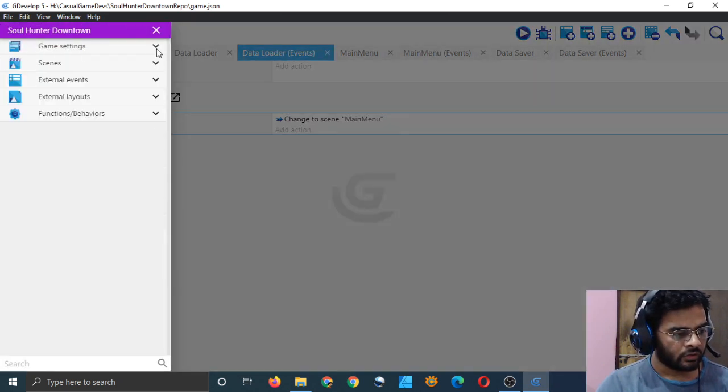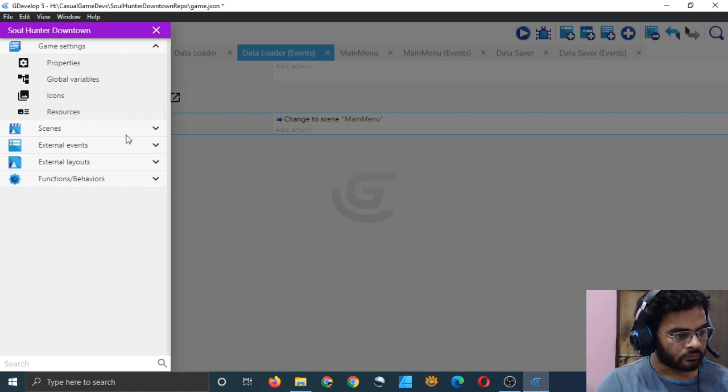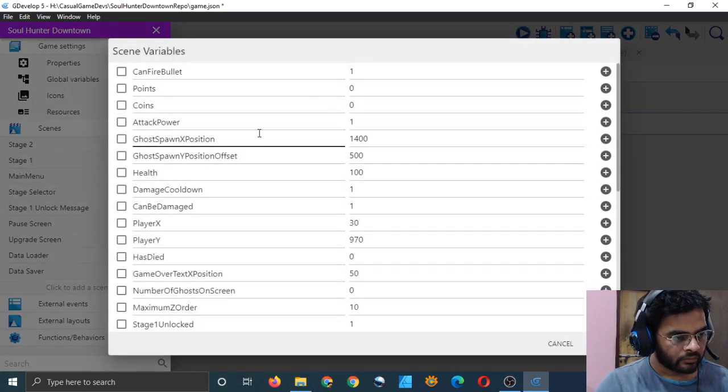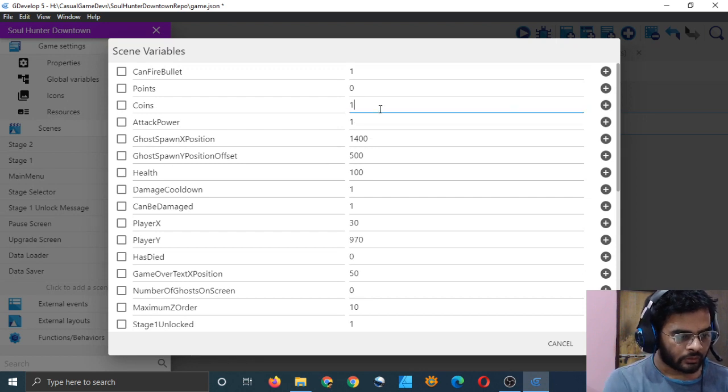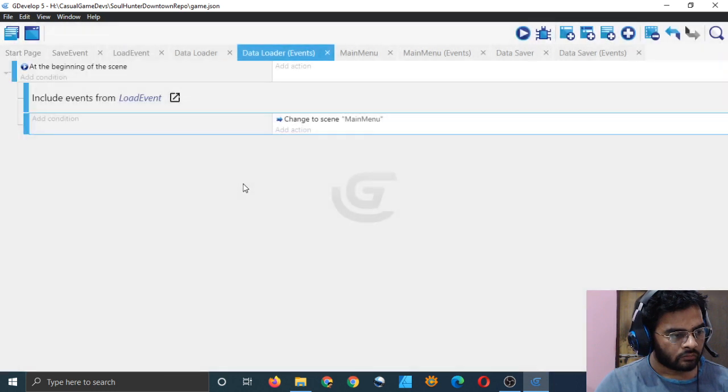Let us now change the default value of coins to something like 1000, and we have to do it here also and in the data loader scene also, because otherwise this default value will go into the coins, right?